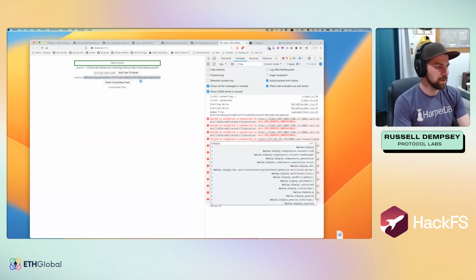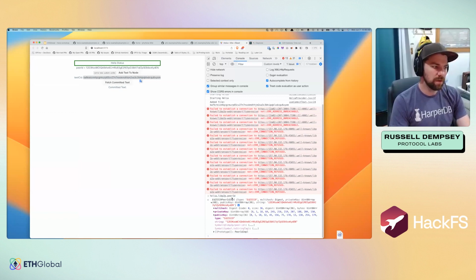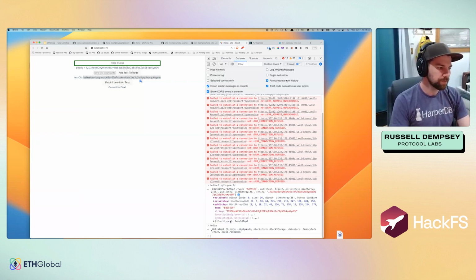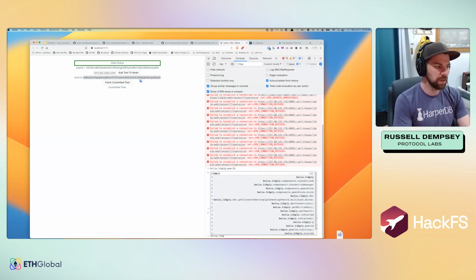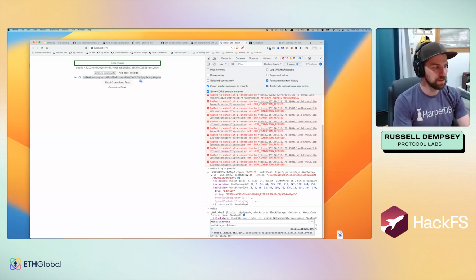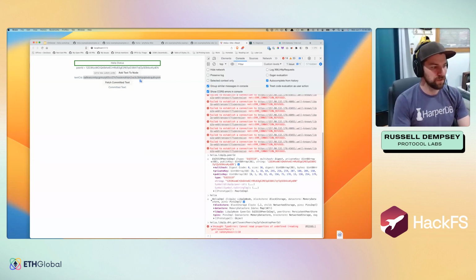If we see helia.libp2p.peerId, how much time do I have? 10 minutes left. I'm going to leave some time for questions, but you can access with Helia the libp2p object exposed, which is how you would do a lot of the networking stuff, and you can dial the closest peer and do DHT stuff. libp2p.dht.getClosestPeers. For that, you're going to need an actual peer ID instance, and to get that, I don't have that. This is from old code, but